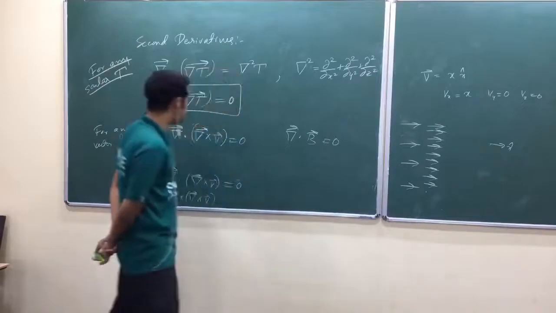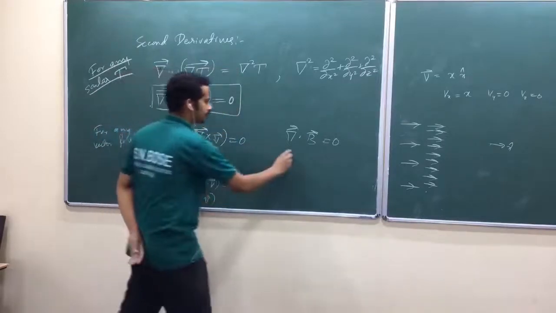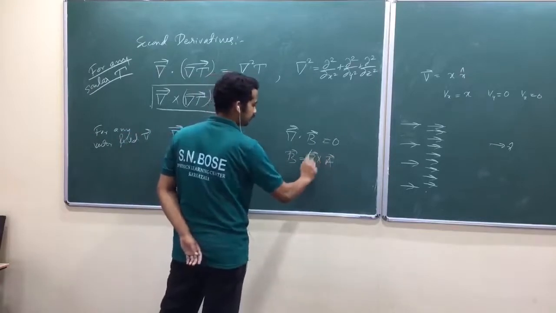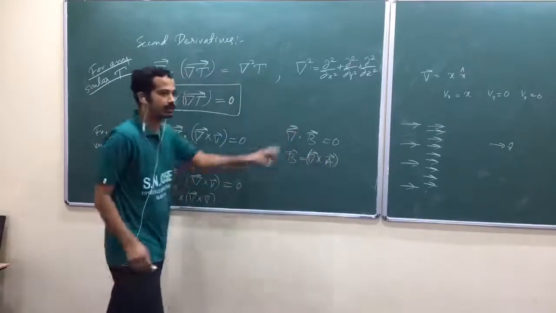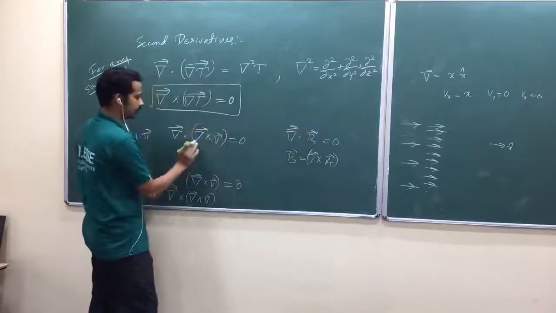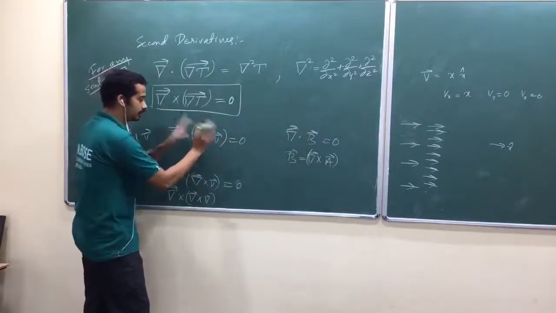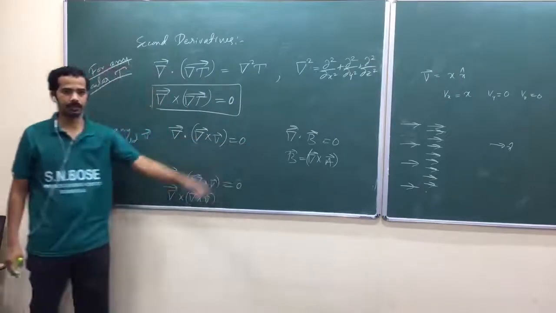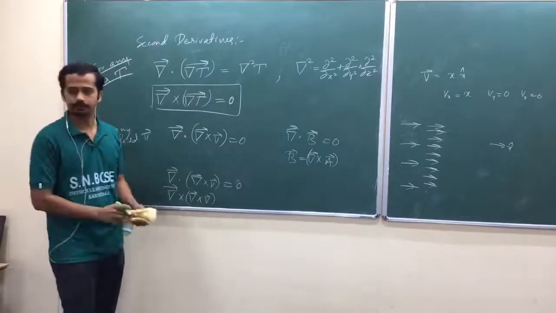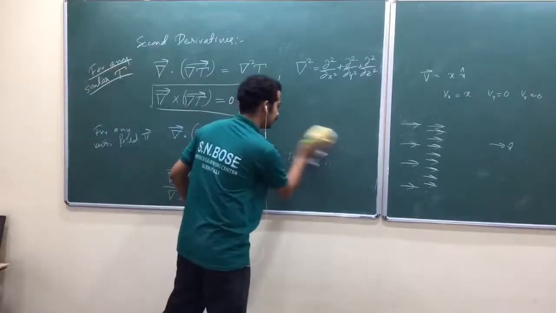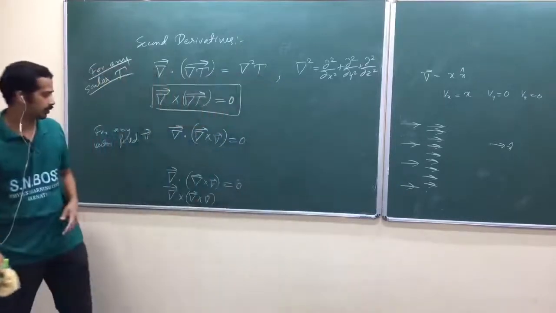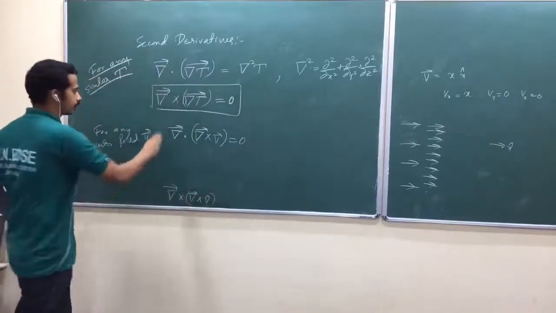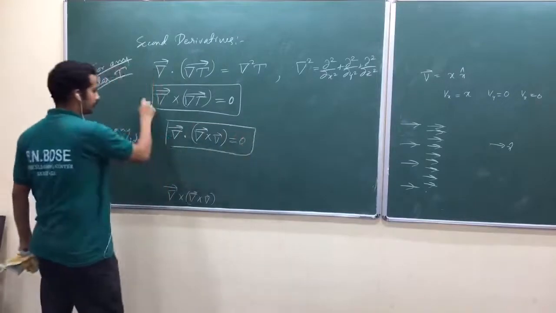Okay. So now, what we are going to write? We are going to try to write B as some del cross something, isn't it? If divergence of a vector field is 0, we should be able to write that vector field in terms of curl of some other vector field. So that is the idea about vector potential. Is that okay? So you need clear understanding of this vector calculus. Is that okay? So these two are very frequently used, okay.